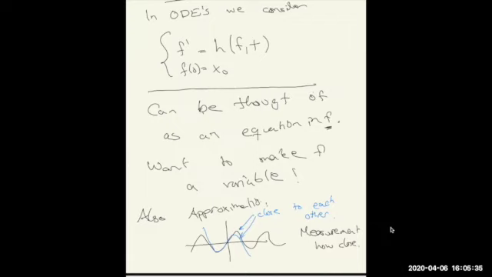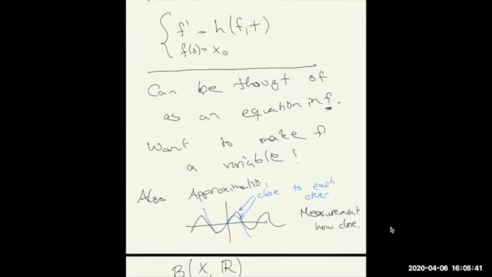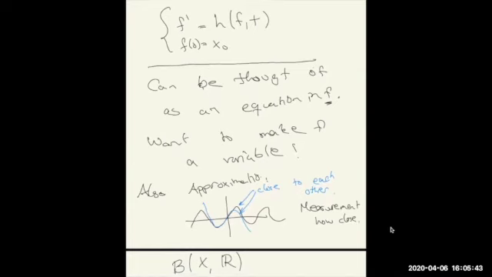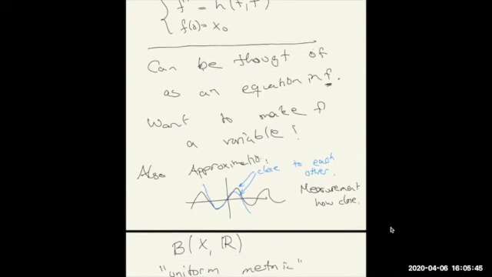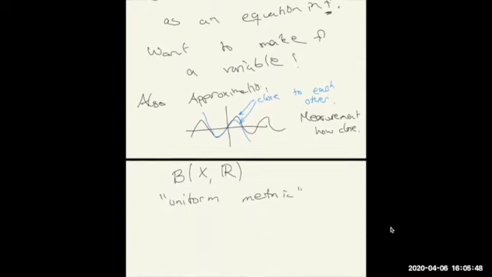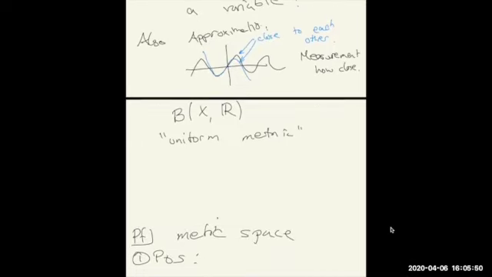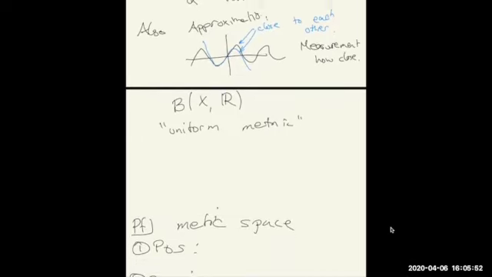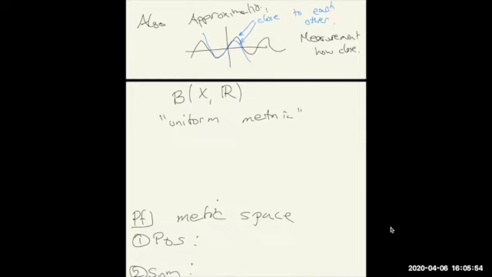So an important aspect of infinite dimensional, especially function and sequence spaces, is that the same space can be equipped with different metrics that you might want to consider with different applications in mind. So I want to first start with the simplest metric on the space of functions. So the space of functions I denote by B(X,R). Here, X is any set, and we consider all the functions from X to R